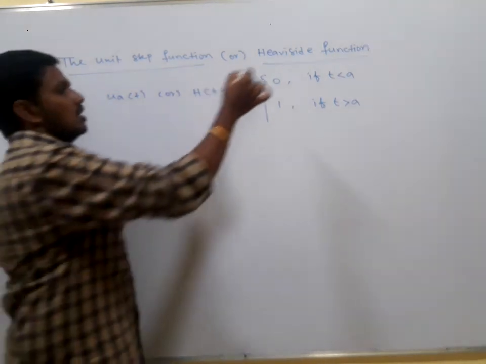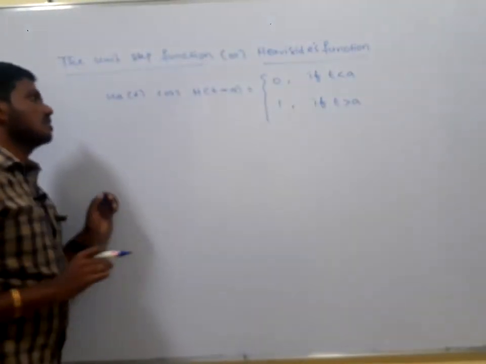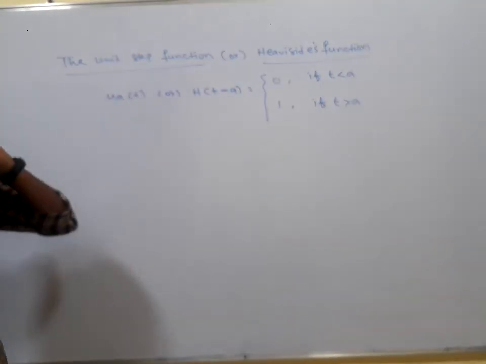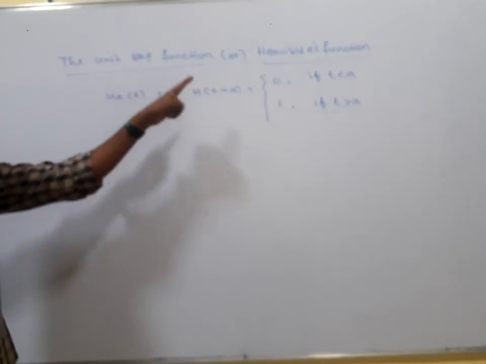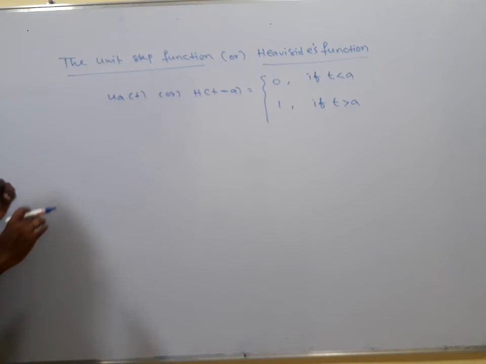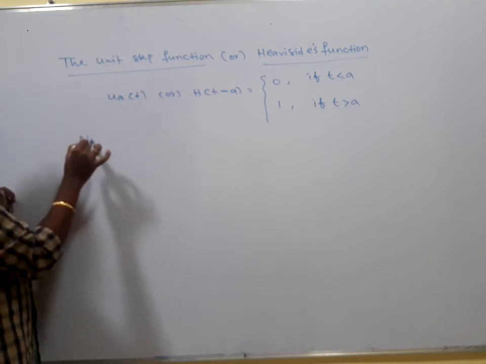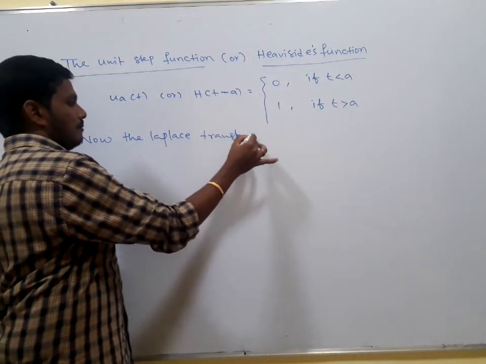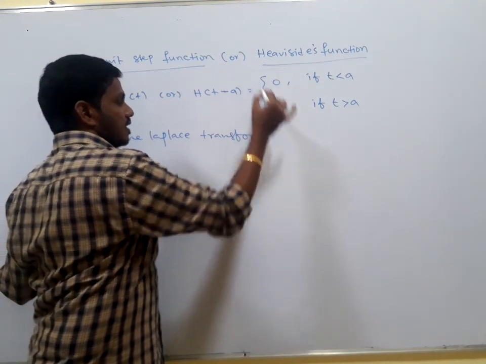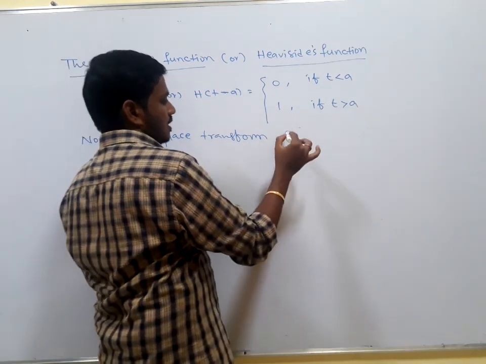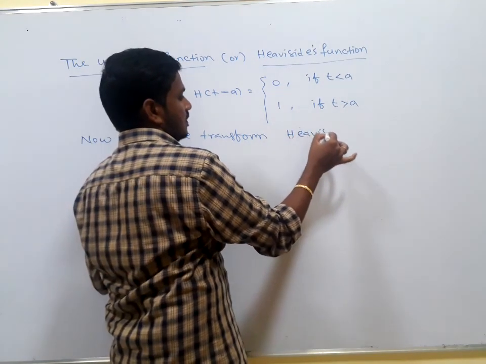Heaviside's function, right? The unit step function or Heaviside function denoted by ua of t or h of t minus a. For t less than a, the function value is equal to 0. For t greater than a, the function value is equal to 1. Now the Laplace transform of this function, Laplace transform of unit step function or Heaviside's function